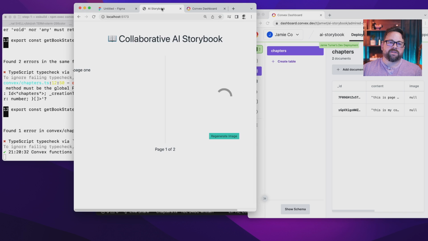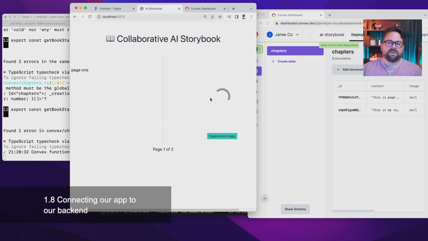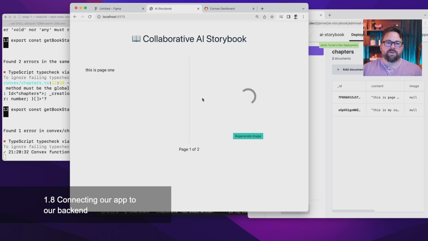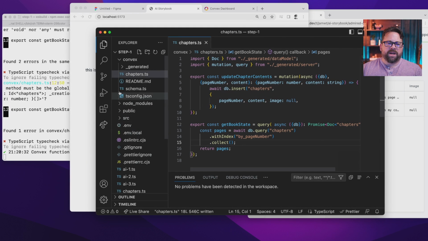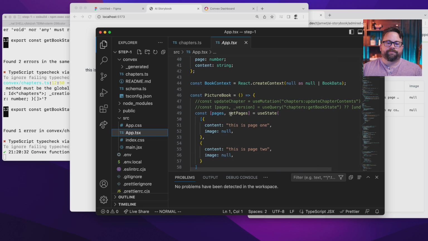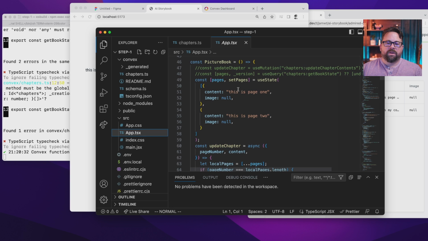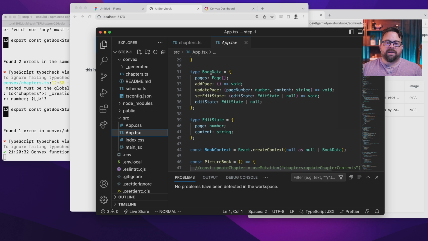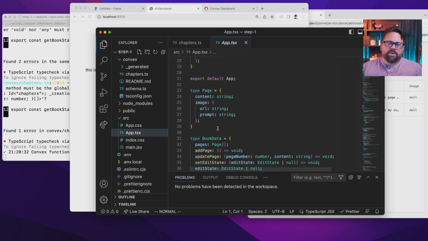Great. Okay, we're done writing backend functions for a little while. Let's go back to our app and make this actually hook up to this so that it's a little more satisfying than just using a dashboard. So inside of our app back here in app.tsx, as we mentioned, we have this useState here, and this represents the book state. And here's book data. Now you'll see when this was just a front-end app, I had this page type here that I defined